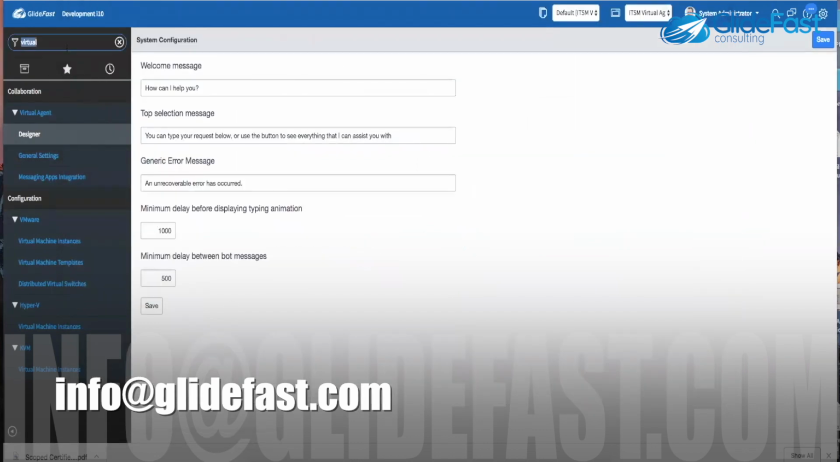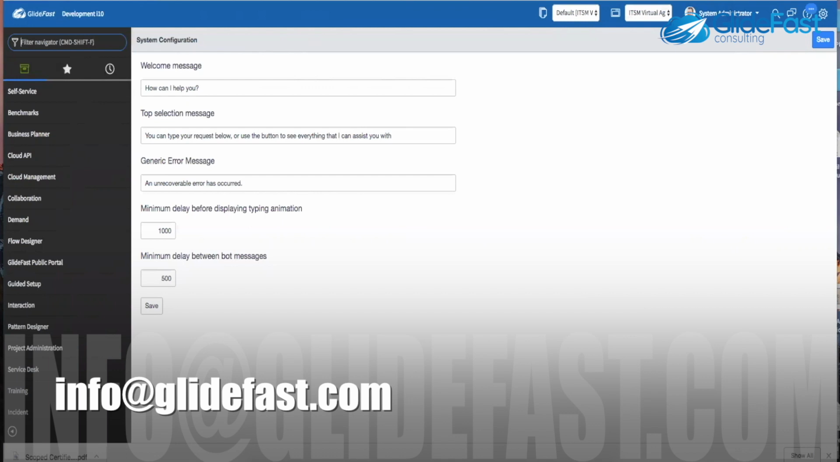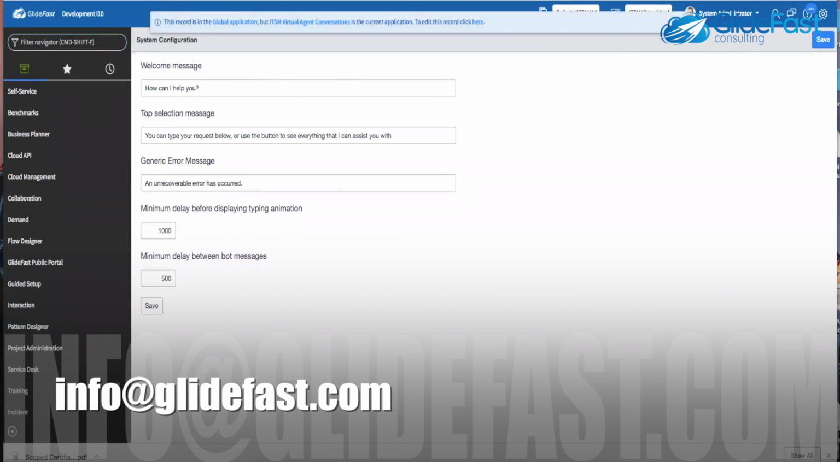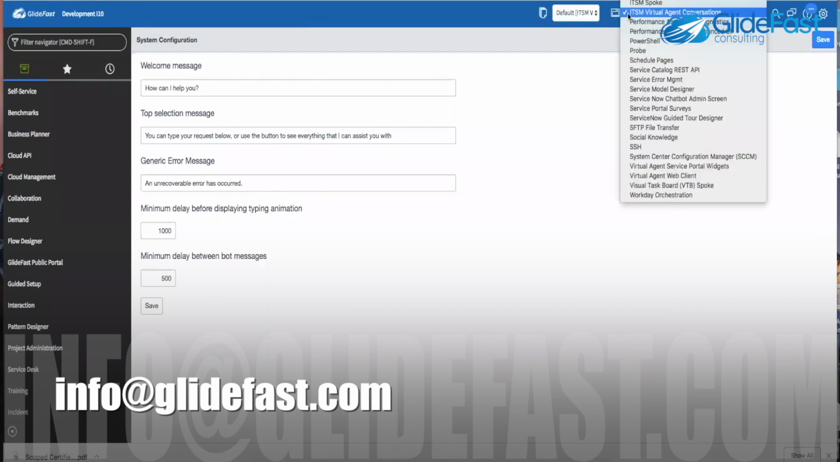So the first thing that you're going to do, obviously, is activate those two plugins, which I've actually gone ahead and done before this. So I've activated the core virtual agent one as well as the ITSM conversations. So that's what you guys are going to be seeing during this, but you'll see in here that I actually have the ITSM virtual agent conversations. This is a scoped application. So I'm currently in that application scope. So that's how I'll be editing it during this as well. And that comes as part of the activation